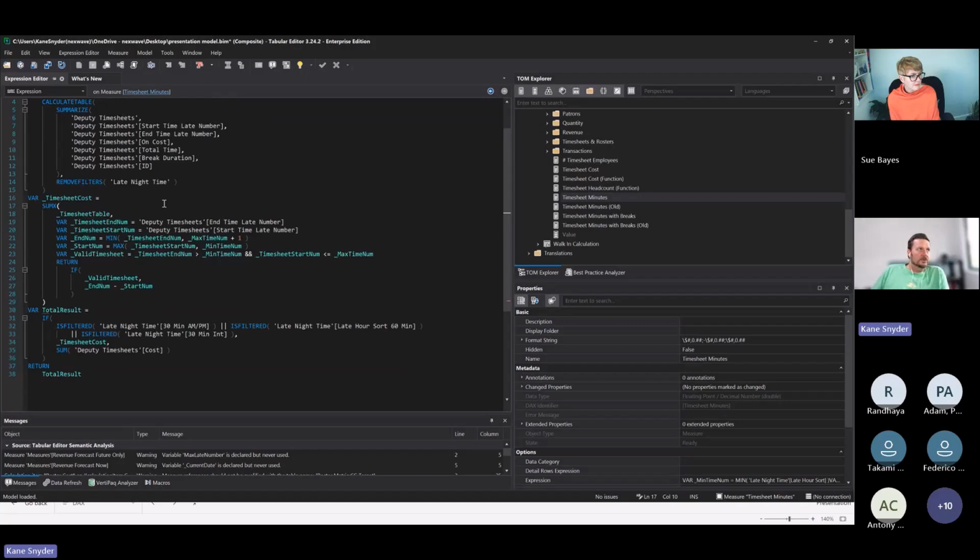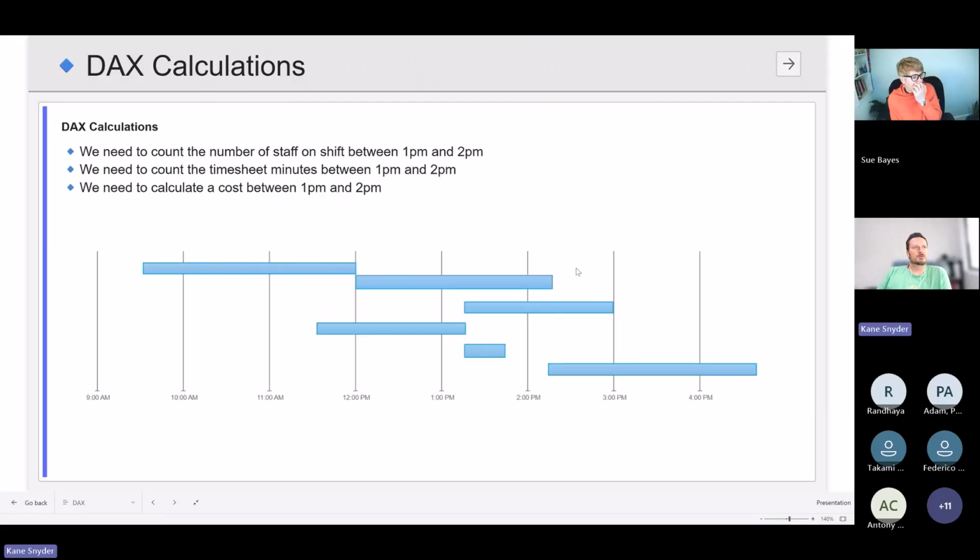So then we're going to go through every timesheet. This is our iterator here, SumX. Go through every timesheet that's there and find out where the timesheet ends, find out where the timesheet starts. And then with the end number and the start number, we're finding which one is smaller, the end number or the maximum time, the end of the timesheet. This is useful for these ones where it spans the whole thing. We need to find the boundaries. Is it going to be the start of the timesheet or the start of the filter context, or the end of the timesheet or the end of the filter context?